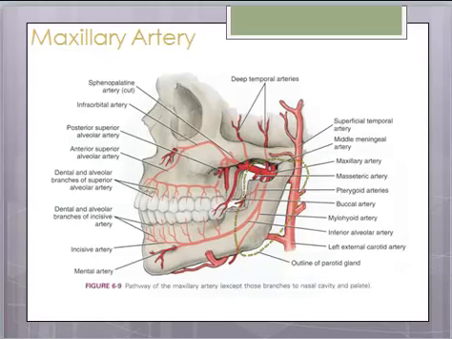Oh, so here we go. So here is our parotid gland, and here is our maxillary artery giving off all of these